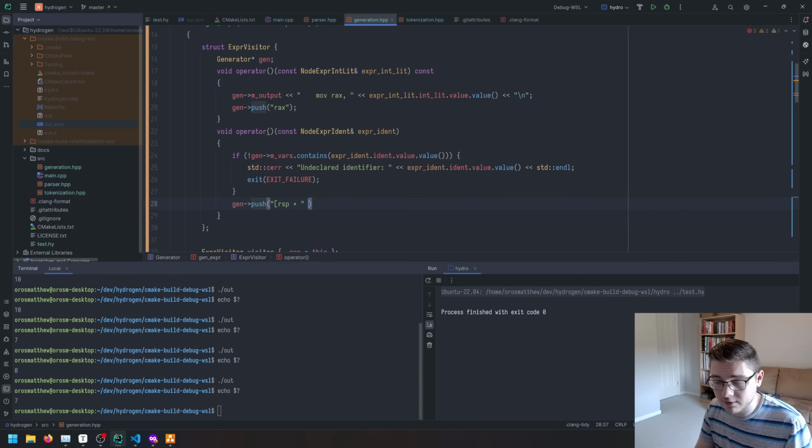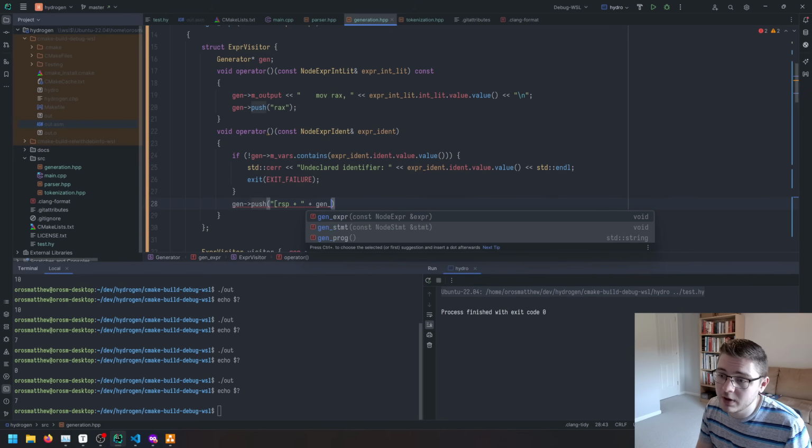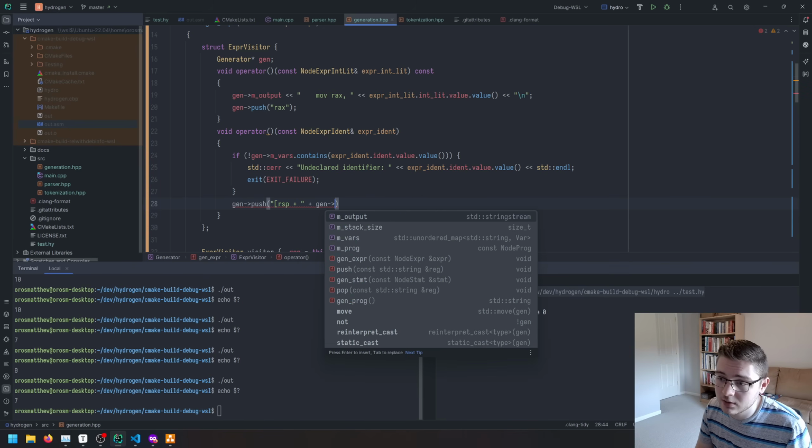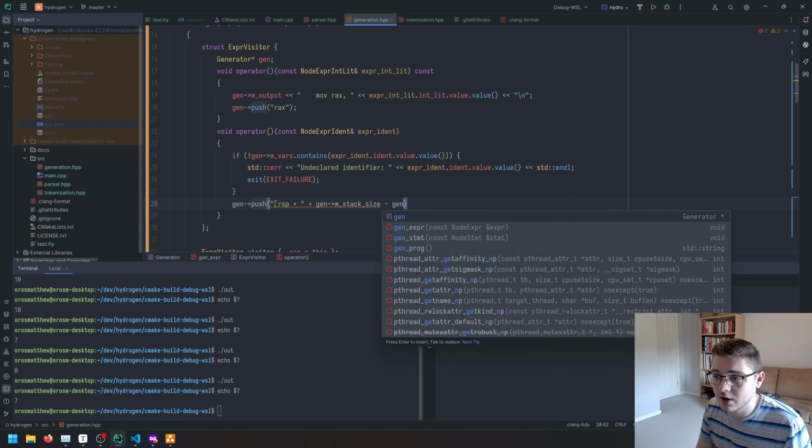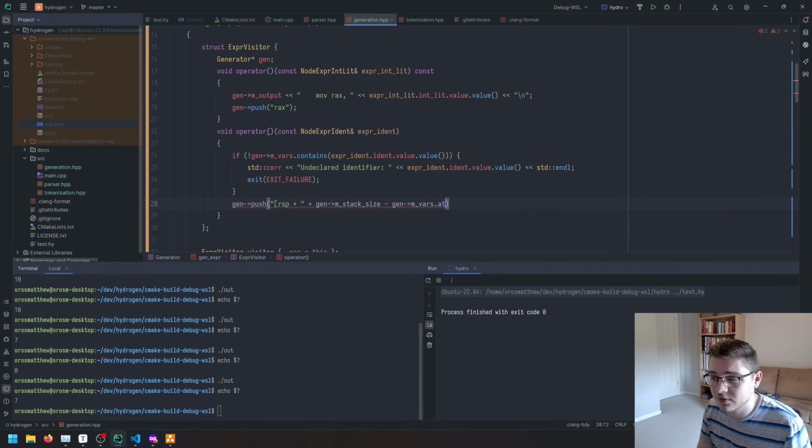So plus the offset of a, we have the stack size minus the mvars.at gen mvars.at